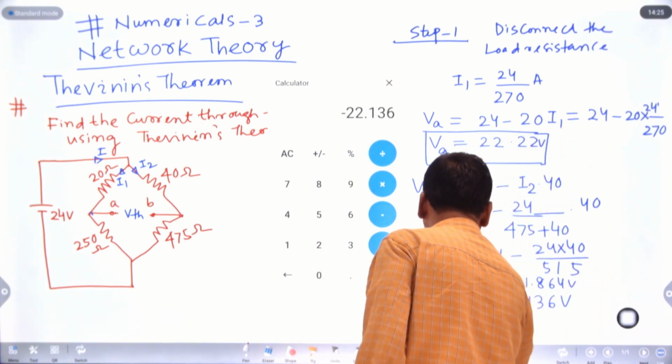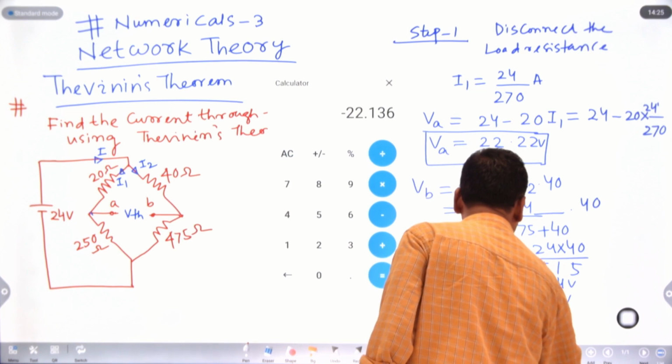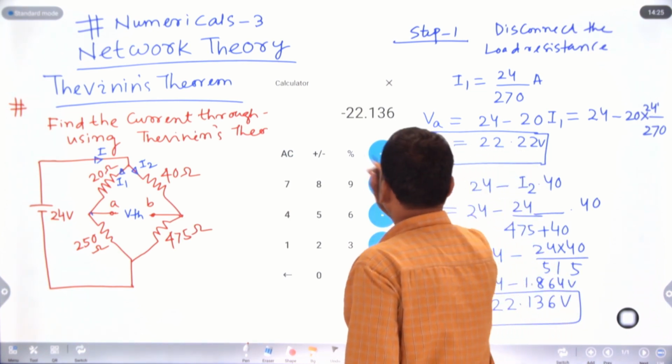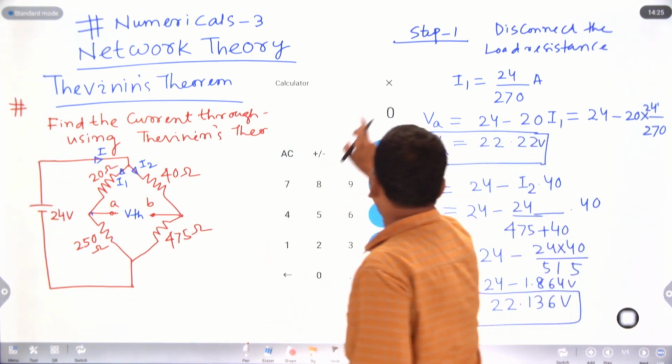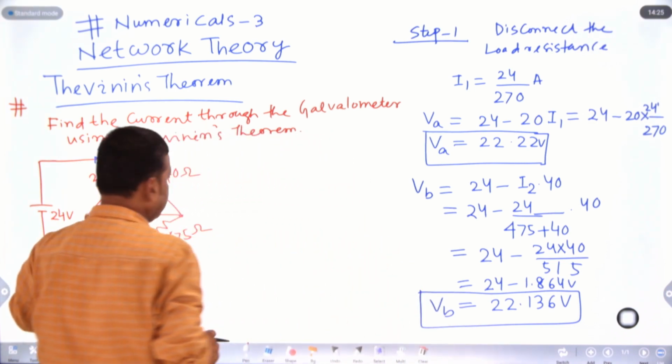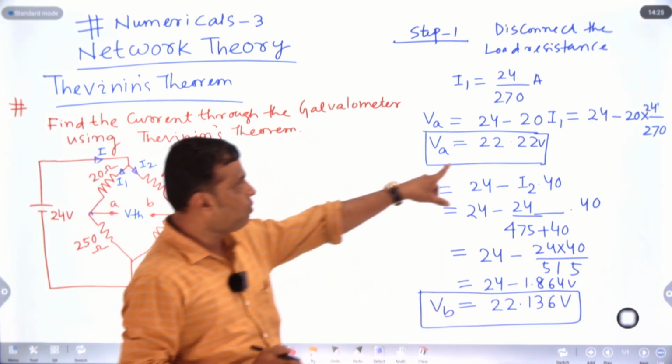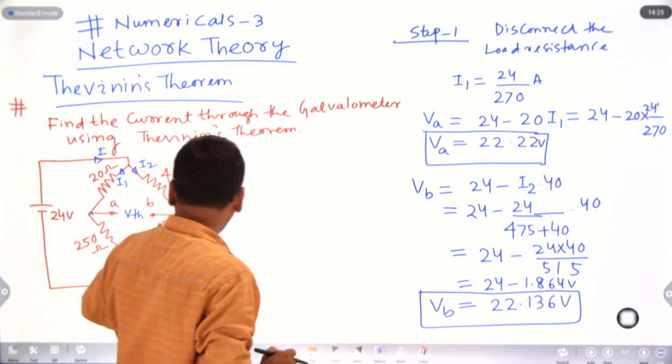This is nothing but VB, the potential at B. So here VA, the potential at point A, is equal to 22.22 volt, and the potential at B is equal